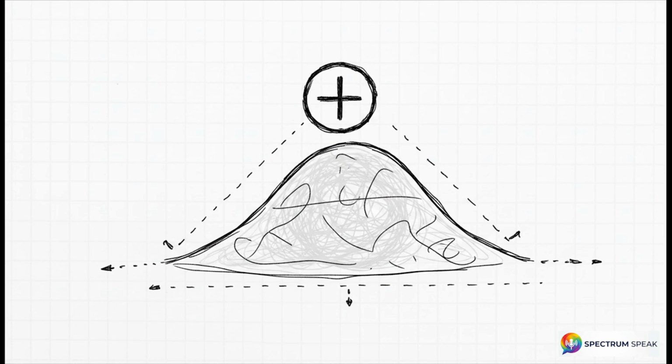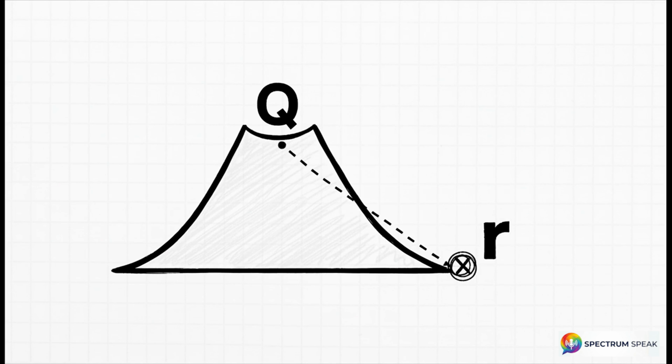First up, the charge, Q. That's the source. It's the thing that creates the electric hill in the first place. So a big positive charge is going to create a big, steep hill. Next, you've got the distance, r. That's just your position on the landscape. Think of it as your coordinates on the map, telling you exactly how far you are from the peak of